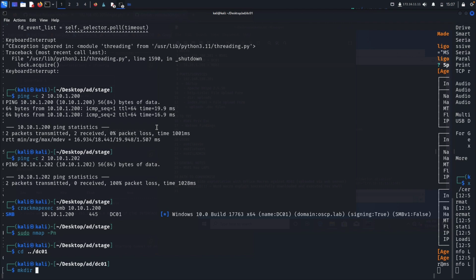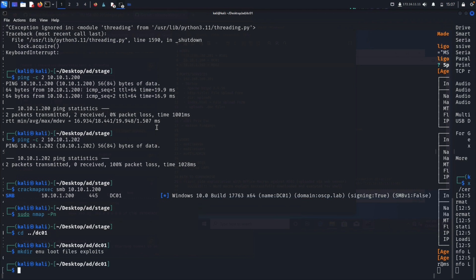DC01, mkdir, because we're going to have our enu, our loot, files, exploits, and then let's go ahead and run nmap. Don't ping, be verbose, run against all the ports, and you know what, let's go ahead and run, because we're just going to let this bake, so let's go ahead and run